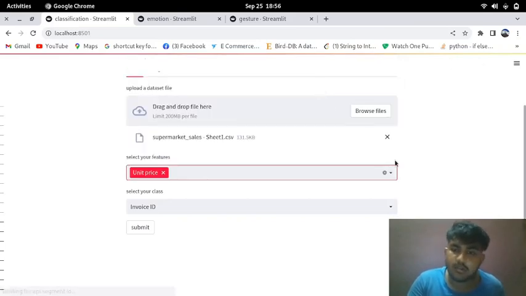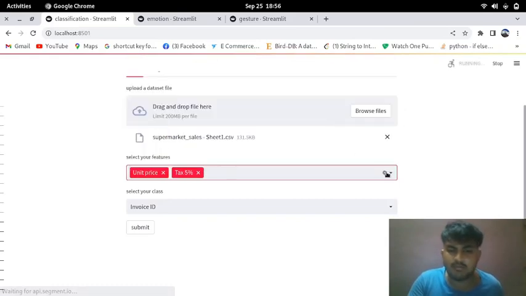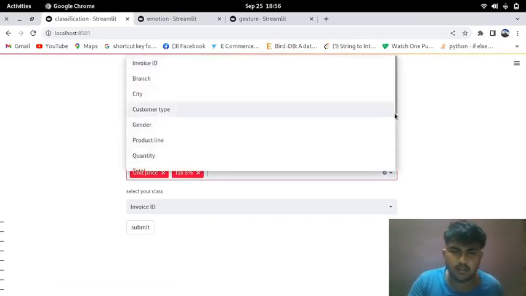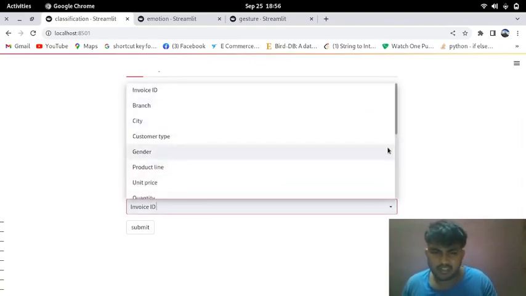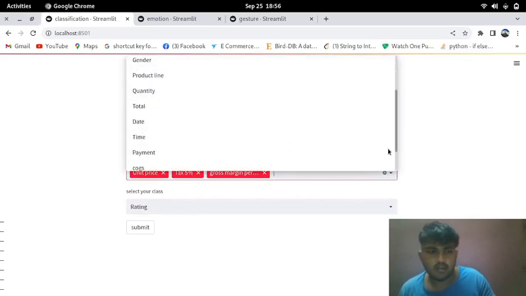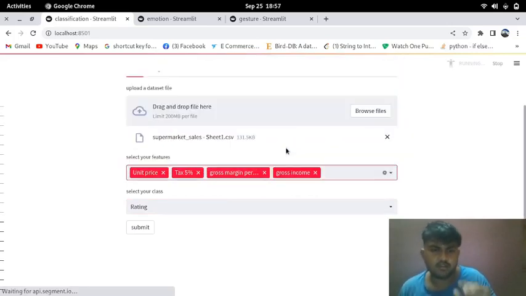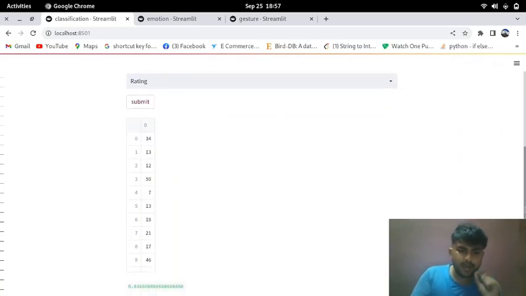So I'm going to click on unit price, then I'm going to click on tax 5%, and here gross margin percentage. It depends on the user which features the class prediction will depend on. Now I'm going to set the class prediction on rating. I can also add more features, like gross income. Now if I click on submit, it takes a few seconds and it predicts